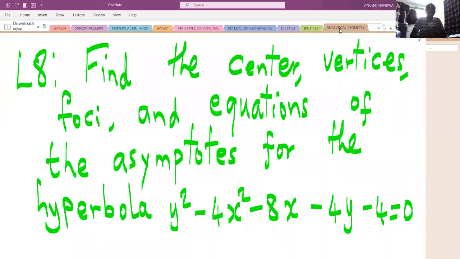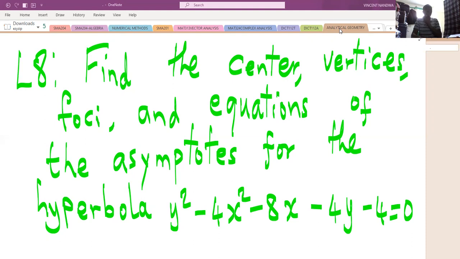Welcome to this class. In this session, we are going to do an example on finding center vertices, foci, and equations of asymptotes for a specified hyperbola. So in this case, the hyperbola is y squared minus 4x squared minus 8x minus 4y minus 4 equals 0. So the first step is to reduce the equation given into standard form